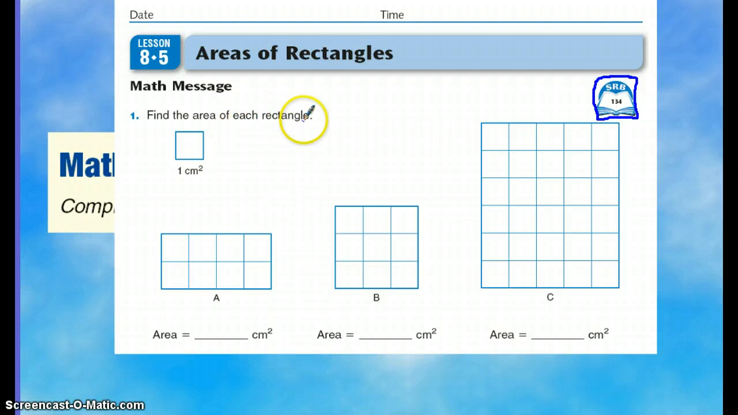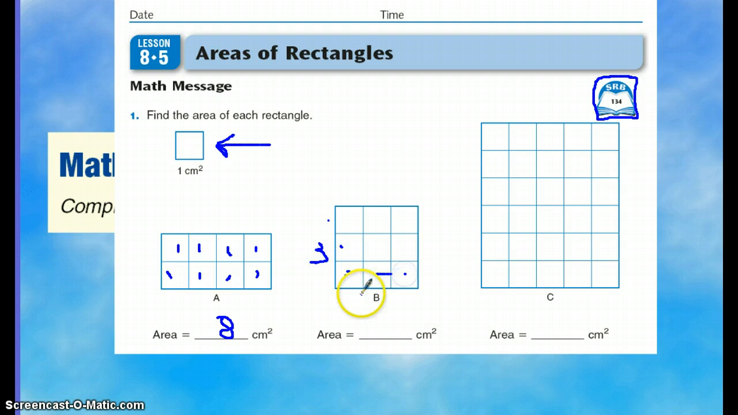So again, to find the area of each rectangle, it's telling you that each square is 1 centimeter squared. So again, we can just count. 1, 2, 3, 4, 5, 6, 7, 8. 8 centimeters squared. Or we can take the shortcut and go 1, 2, 3 and write 3 down here. 1, 2, 3 across, we write 3 there. So 3 times 3 is 9. The best way to do it until you feel comfortable is to count them and multiply them to make sure